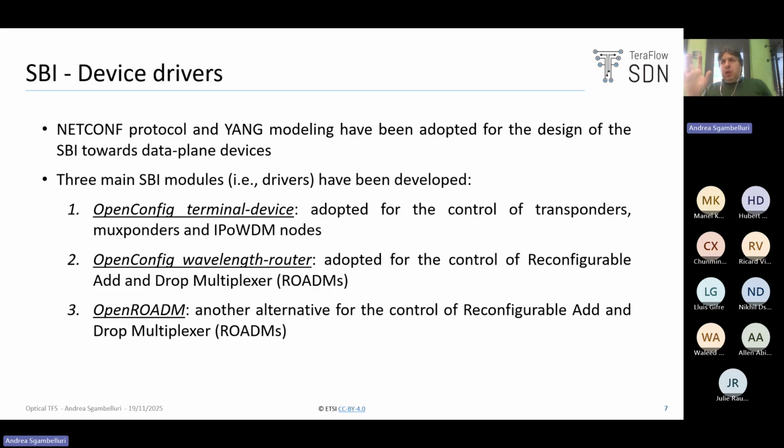In particular, three main drivers have been developed. An OpenConfig terminal device driver that we used for the configuration of transponders, muxponders, and IP over WDM devices. An OpenConfig wavelength router driver that we used for middle nodes where we do the optical cross connection, in particular for a configurable add and drop multiplexer, the ROADMs. And finally, we recently added also an OpenROADM driver, it's very preliminary, to perform the configuration of the ROADMs, but